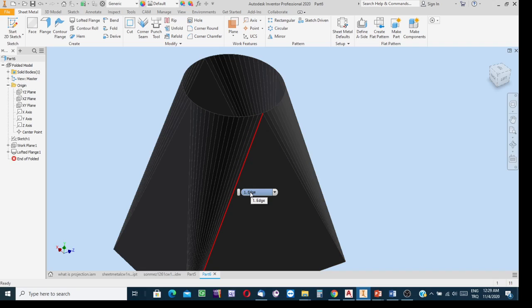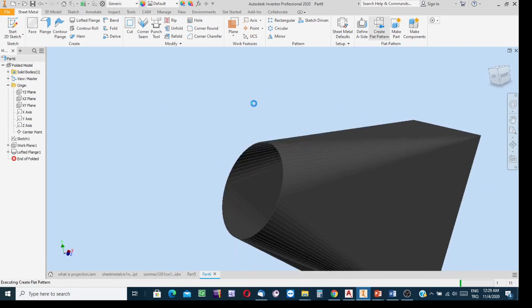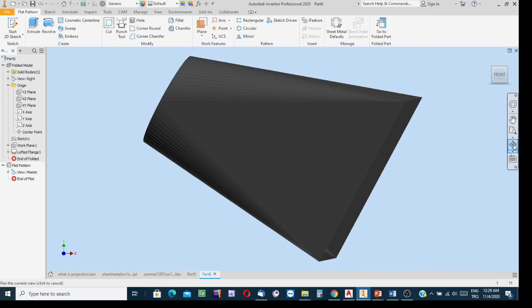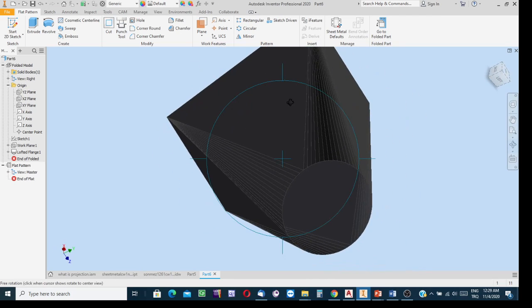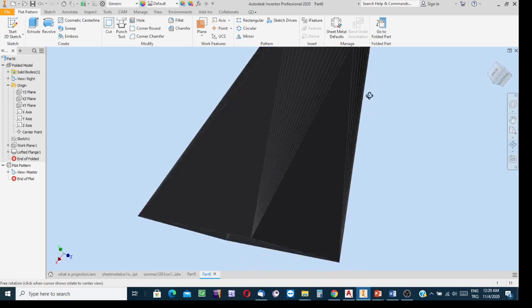Actually, that question can be answered by an experienced technician in practice, but in this virtual environment, it can be answered by the software. Let's see how. First, after creating the loft, if you click on the Create Flat Pattern button, you cannot see the development, because at present the side surface is continuous and closed. So, to be able to